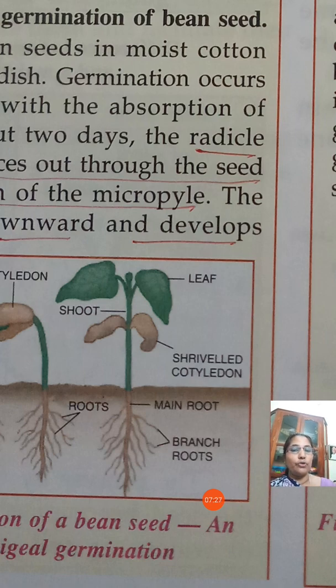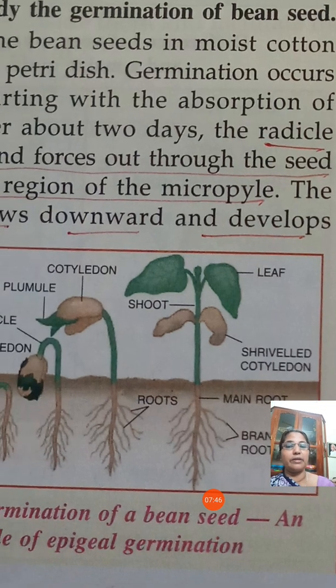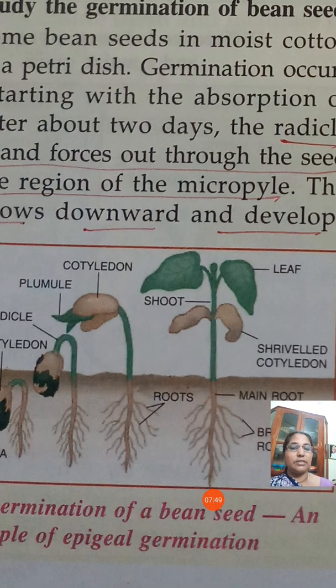All the stored food in the cotyledon will be absorbed by the small plant, so that it will be in a shriveled, dry condition, and may fall down after taking all the nourishment from it. The young plant receives its first nourishment from the cotyledon. After that it will develop its leaves very well. Then only can the leaves absorb sunlight and make their own food. Before that, when it is young, the cotyledon is providing food for the plant.